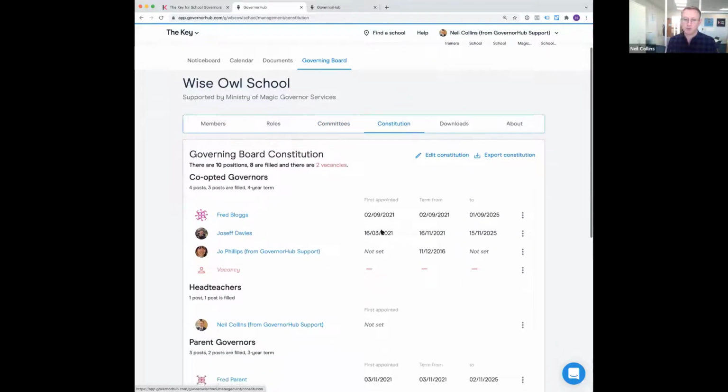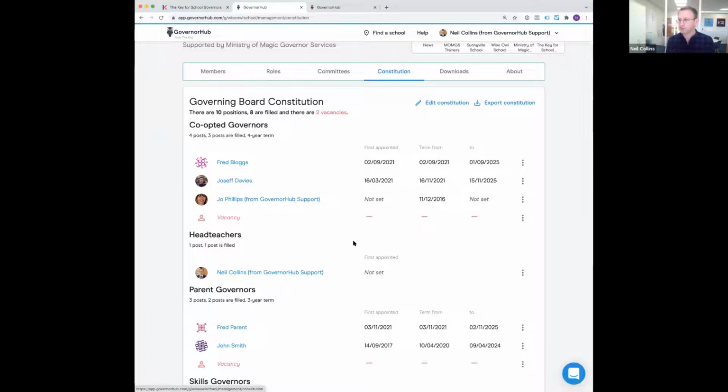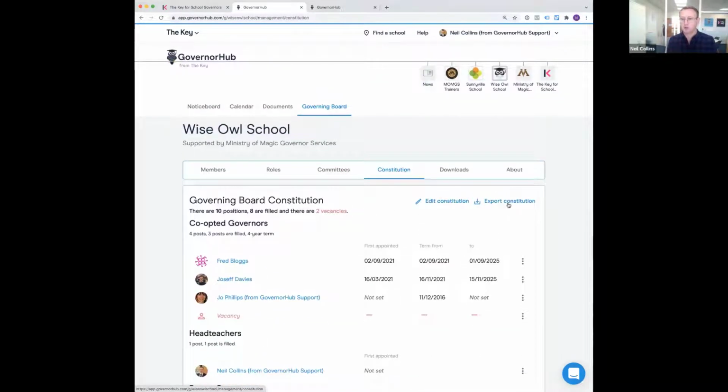You can keep a track of your constitution, so you can easily at a glance see where you've got vacancies. You can see when people's term of office is coming to an end. You can also download that constitution, so particularly as a clerk, if you know it's just a thing coming up on your agenda, you can just do that in one click.